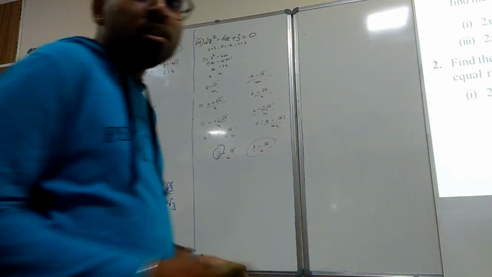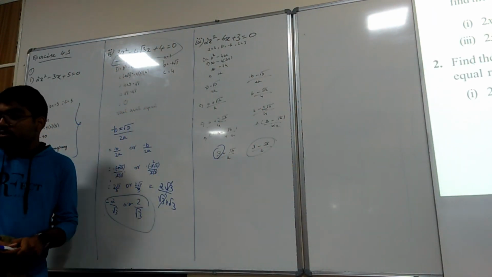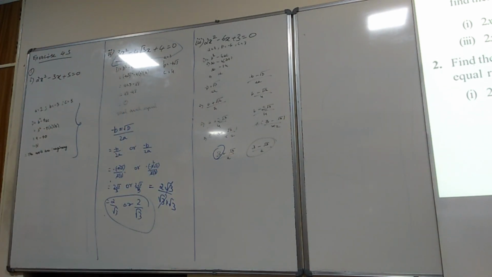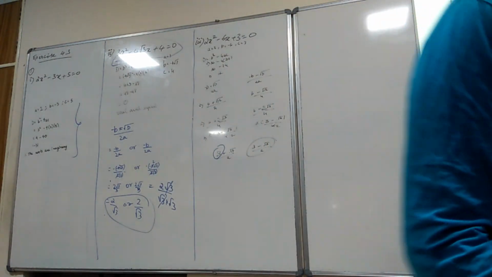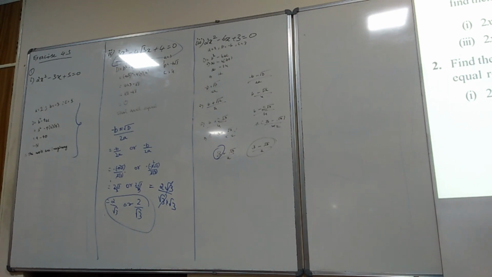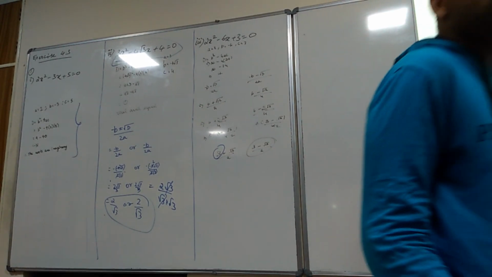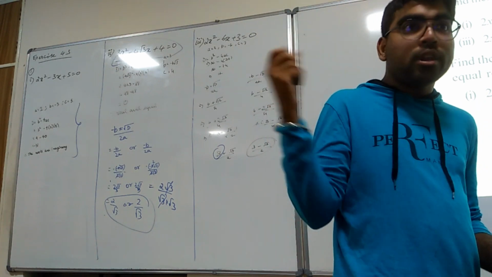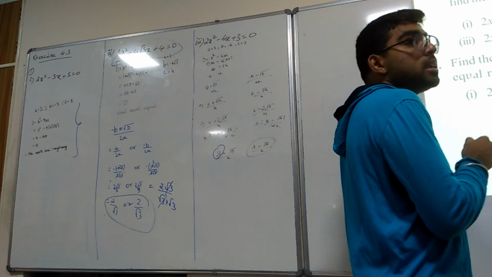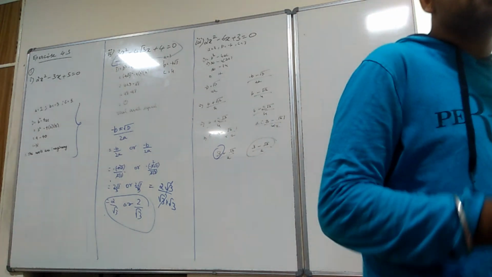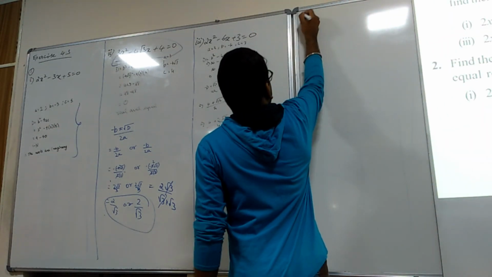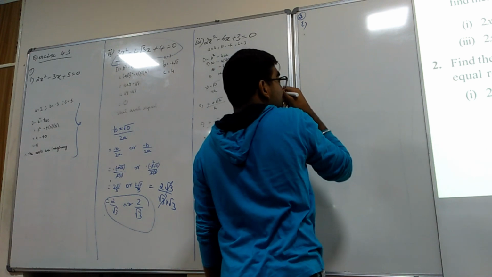Okay, I'll solve the first question. Second question, I'll call one of you. Okay. I'll solve the first question here. They have told, look here, 1 minute, pause, I'll give you time. They have told k value for equal roots. That means discriminant is equal to 0. Now, for your question number 2, first sub question you have here is